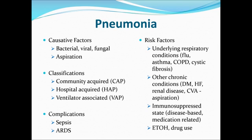Complications of pneumonia, they can become septic, where we now have the organism in their blood, and that can result in septic shock. You can also have what we call ARDS, which is acute respiratory distress syndrome, and that can lead to respiratory failure. Risk factors for pneumonia: your underlying respiratory conditions. So somebody who has the flu, somebody who has asthma, COPD, cystic fibrosis,